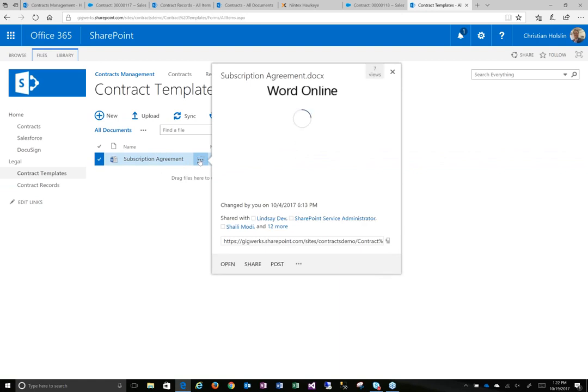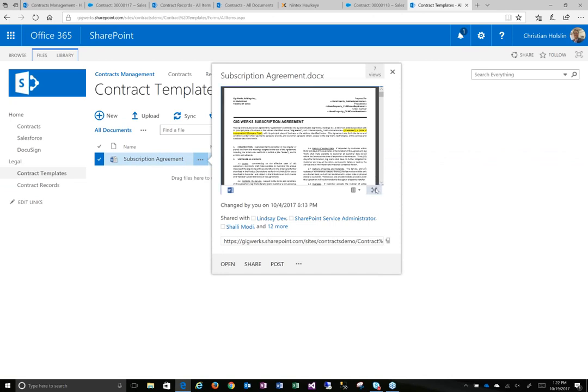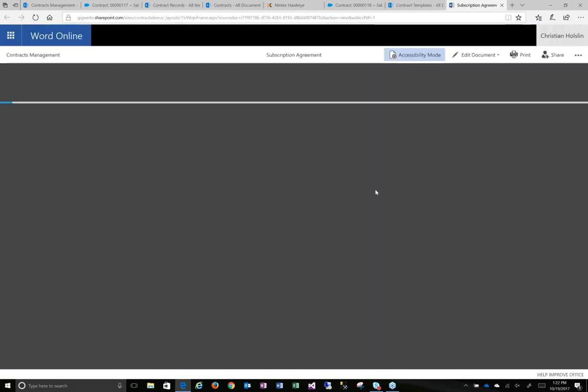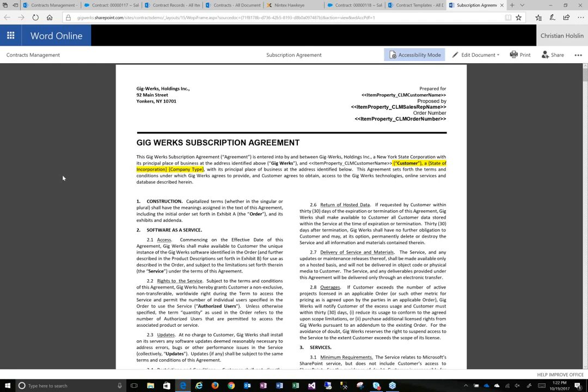I'll open this up here in Word Online. So this is a document template. And so, you know, we've gone through a lot of effort to make sure that this is what we want in our agreements, right? We've validated the language, we've checked for regionality, maybe included separate clauses, and we have different rules based on what the geolocation of the customer is, and we may need to include different things. And so what we can do is we can take this master copy and we can drop these